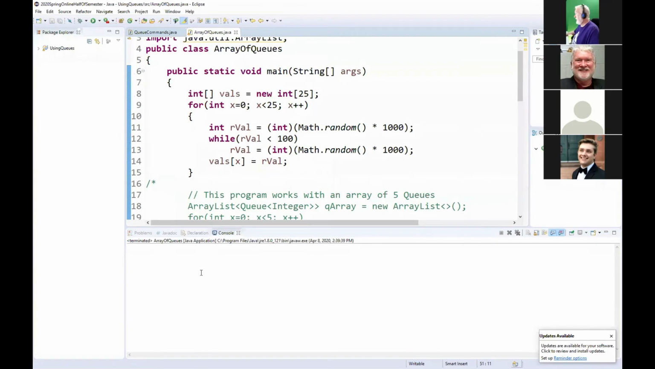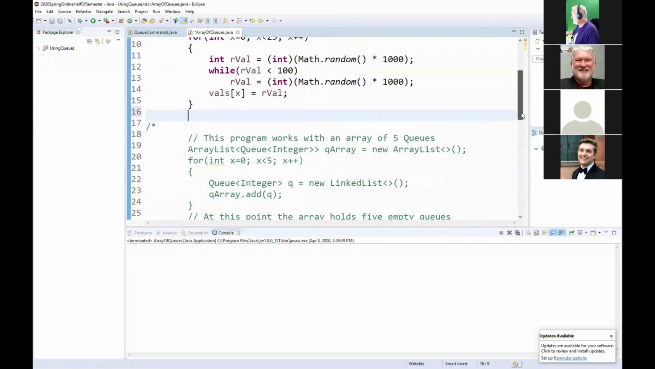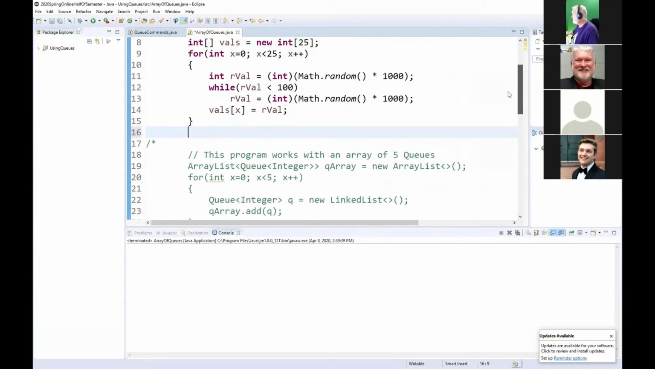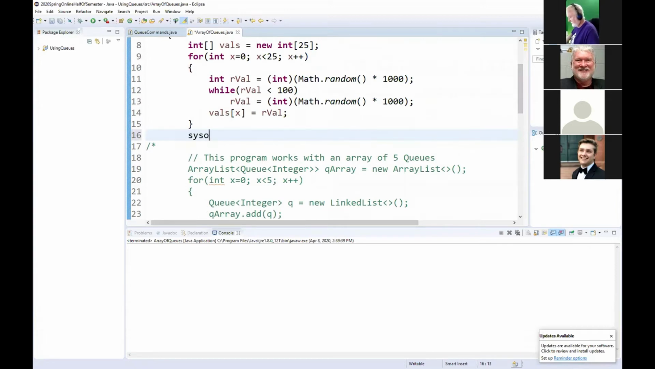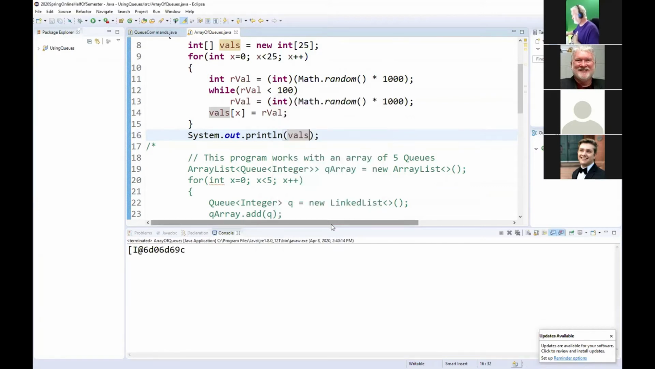All right, now then, I would like to see what those random values are. Well, when I was printing my array list and my queues and all that kind of stuff, all I had to do was say println and the name of it. So I'm going to come over here and try that, control space, and I'm just going to try to print out vals. Okay, now when I run this thing, excuse me,